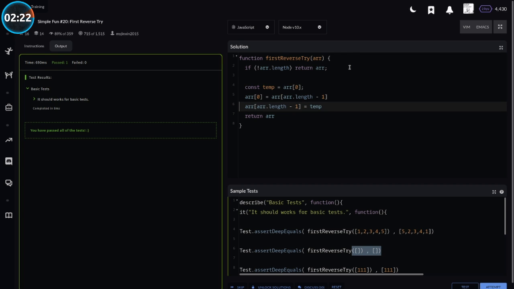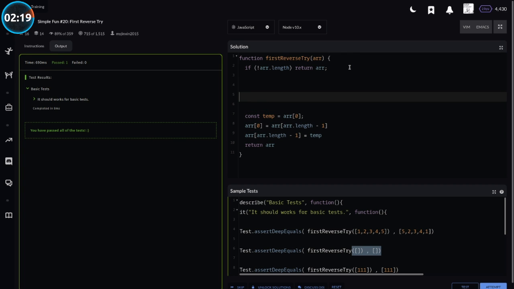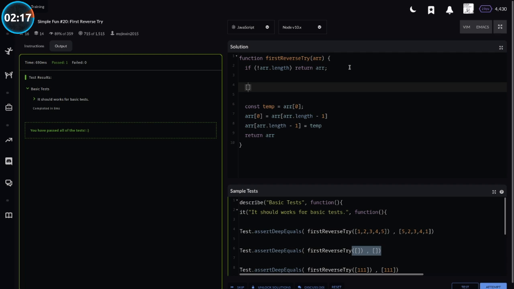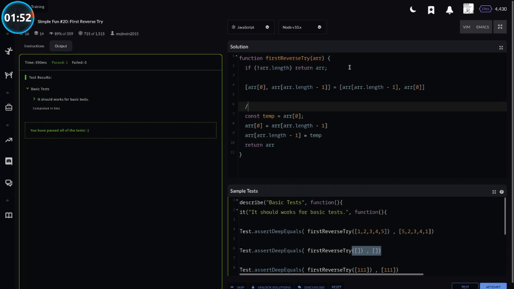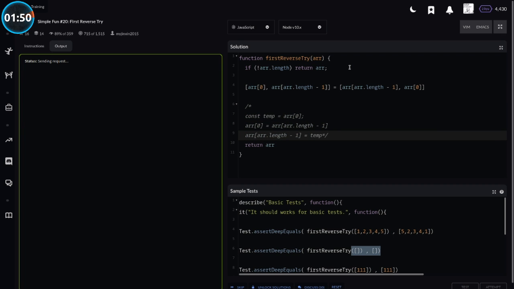So this works, but there's a cool JavaScript way we can do this with array destructuring. So we can say array 0 and array dot length minus 1. So we're already array destructuring. Oh no, I've done it wrong. This into here equals array dot length minus 1, and then array 0. If I comment out the old manual temp variable code,